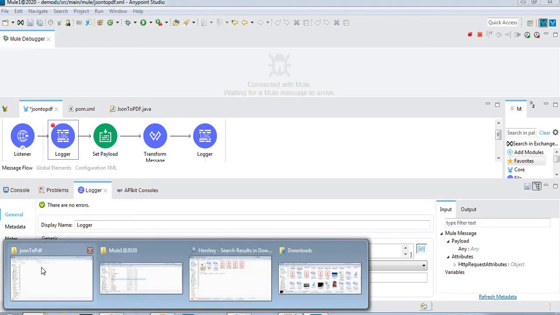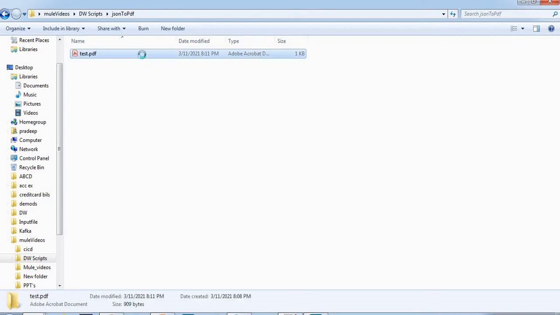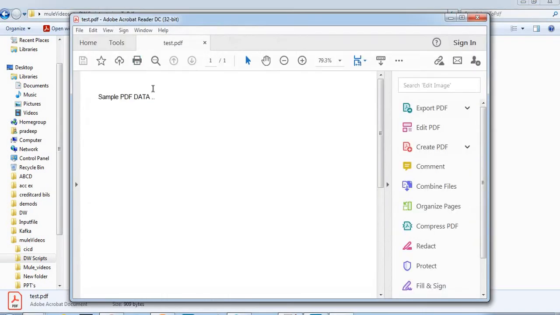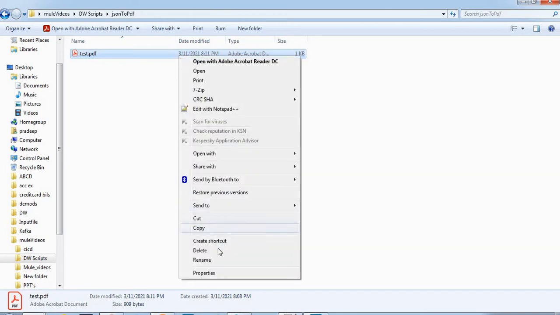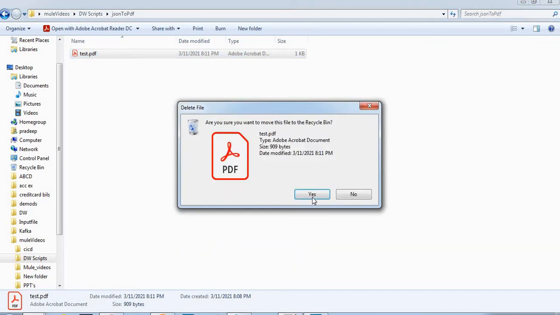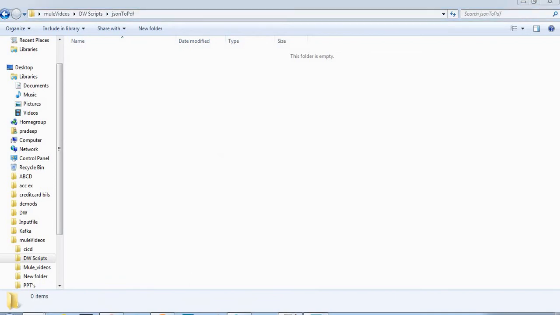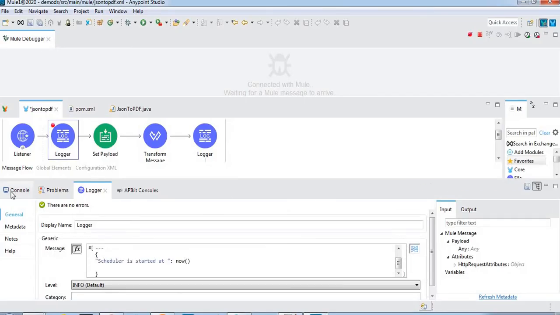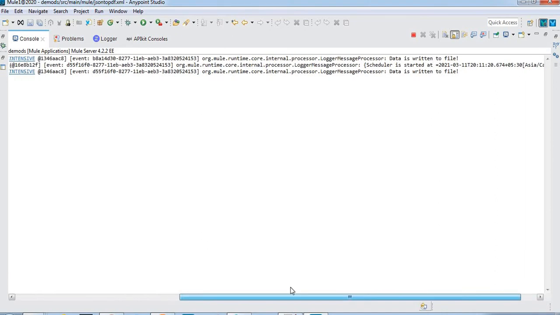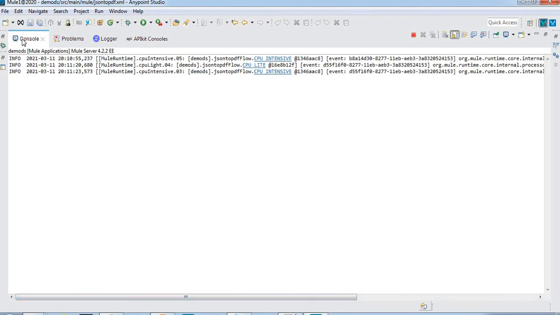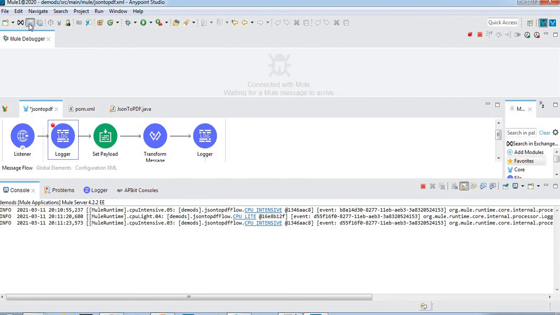Let's go to the folder. See the PDF. Okay, let me, I think we delete this one once again. So I think we need to redeploy the application as we changed it. So let me save once again.